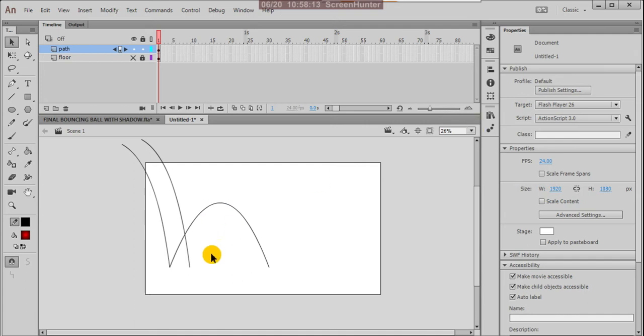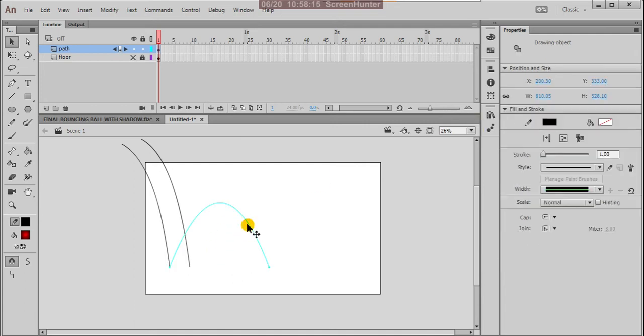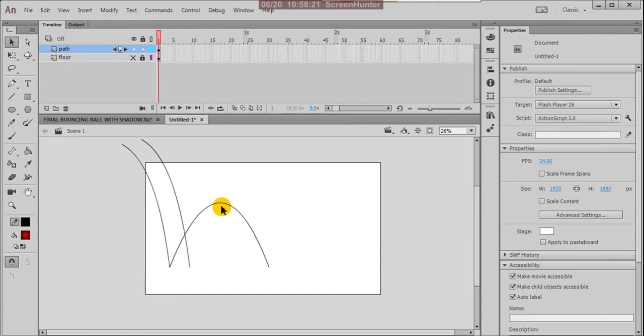Okay, so then what we do, can duplicate this. How we duplicate? By pressing Alt and drag down.